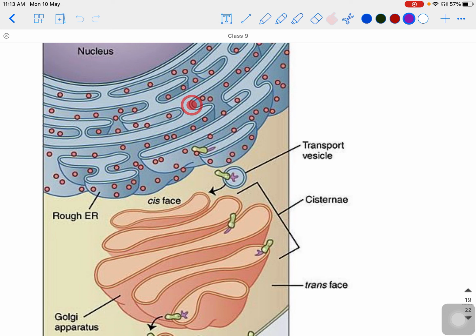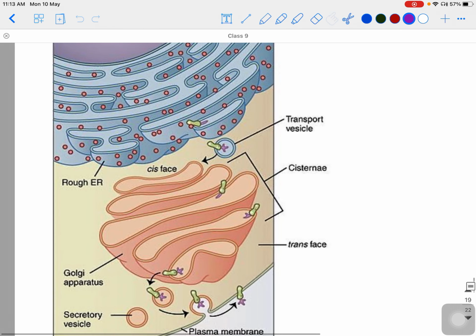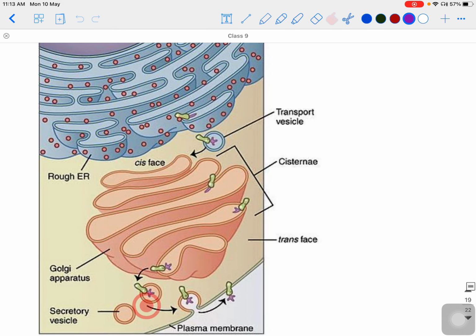So here proteins are synthesized. These proteins come out of endoplasmic reticulum in vesicles. These vesicles join with Golgi apparatus, and here these proteins are transferred from one cisternae to another and then they come out of Golgi apparatus. So what happens to these proteins inside the Golgi apparatus? Some changes are done to these proteins so that they can perform their function in a better way. So it is very important for proteins to pass through Golgi apparatus if proper functioning is to be done.